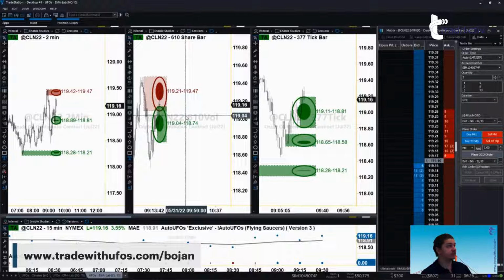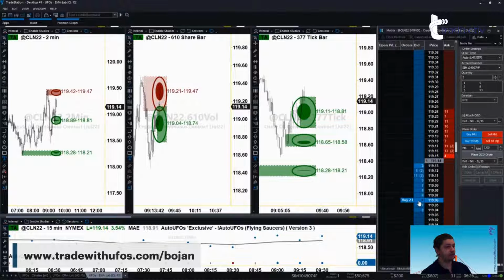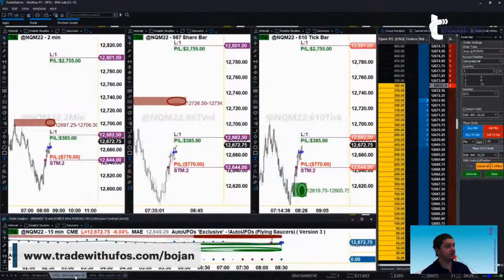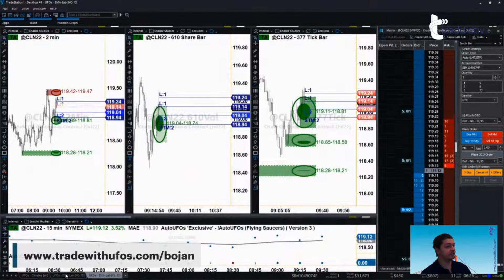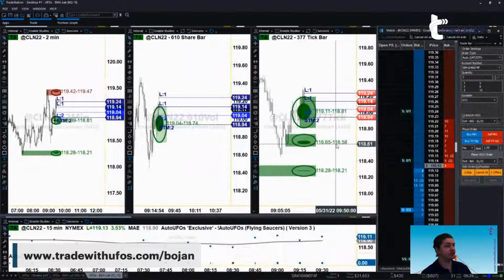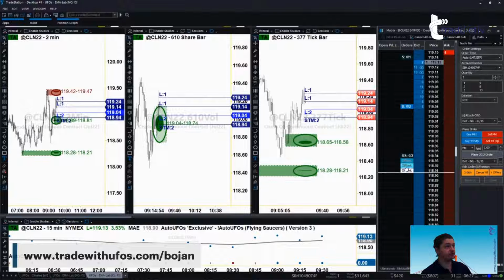118.96. Okay, so to be a little bit more conservative, I'm going to take this at 119.04. The reason why I have to be a little bit more conservative is because I'm expecting T1 to be hit on Nasdaq already, and it's looking like it will, but it hasn't yet. So it's like, come on, Nasdaq, give us that T1 so we can take this crude oil trade. So at least that's the rule we have to follow.